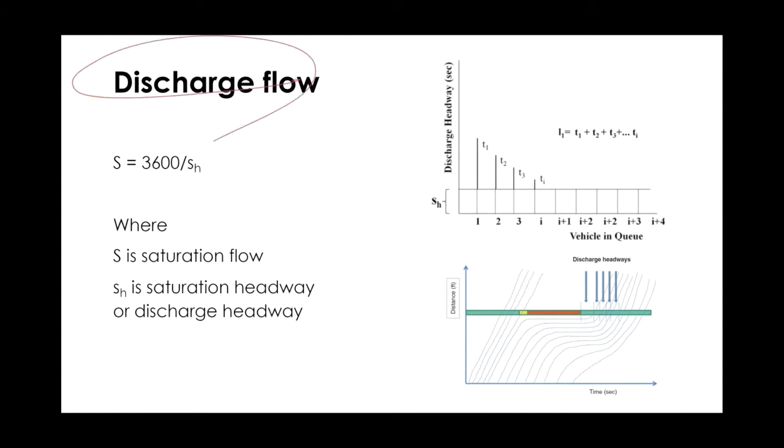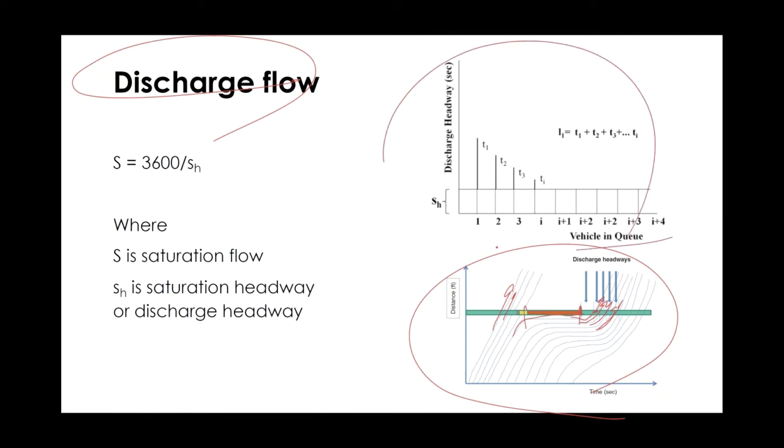But what is discharge flow? To understand discharge flow or saturation flow, let's have a look at this time and space diagram where the light is green, vehicles are moving, it becomes yellow, and then suddenly red, so vehicles stop. As soon as it becomes green again, it takes a bit of time for vehicles to start accelerating and move, right? If we measure the headway between these trajectories and plot them here,